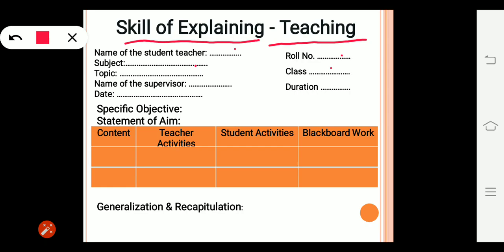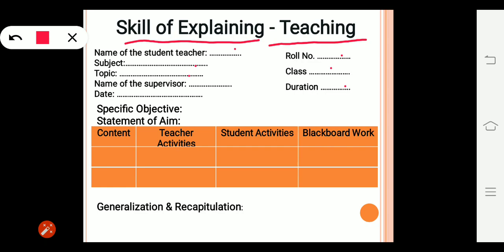Topic. Here you have to write the name of the lesson which you are going to teach. If there is any sub-theme, then after the name of the lesson, put a hyphen and write the name of the sub-theme. Instructions may vary here according to your method. You have to follow the instructions of your method teacher.